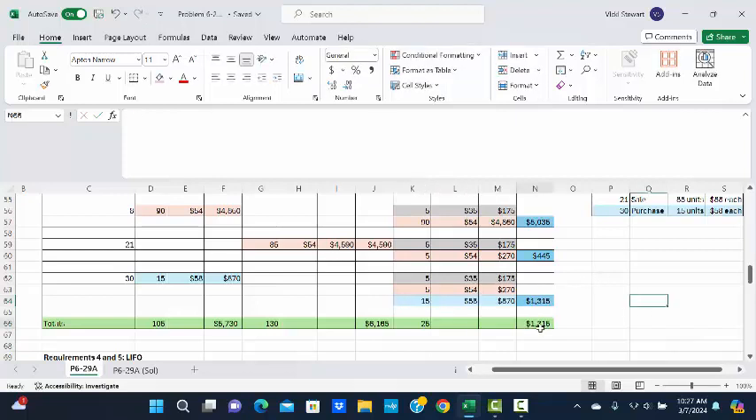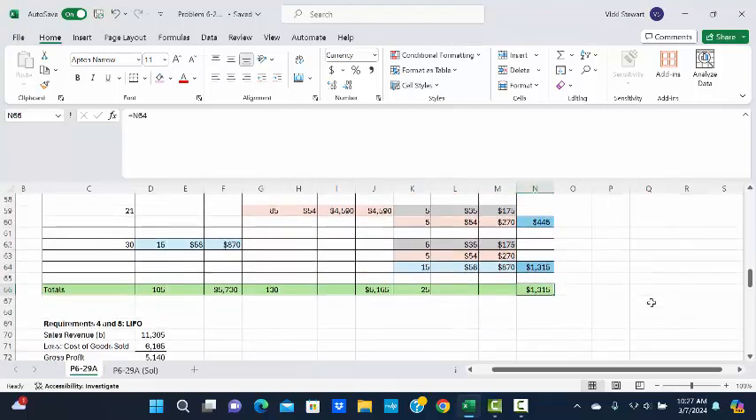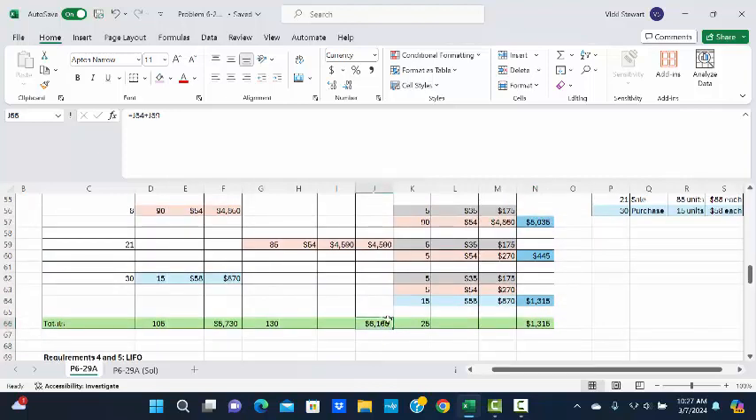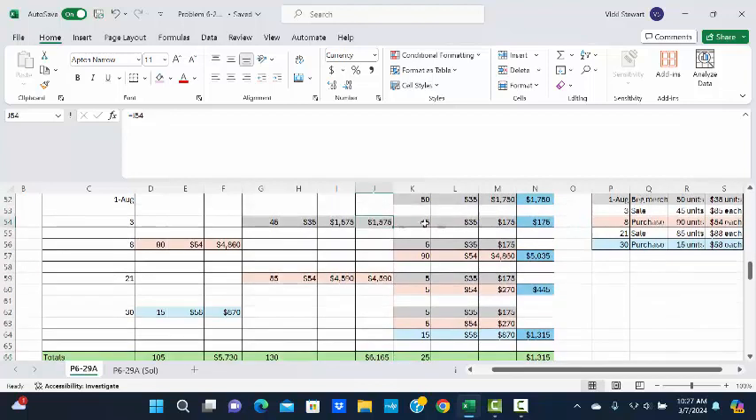So LIFO ending inventory would be $1,315. So that is the answer for ending inventory. Cost of goods sold would be $6,165, which would be the total of the cost of goods sold on the 3rd of $1,575 plus the cost of goods sold for the 21st sale of